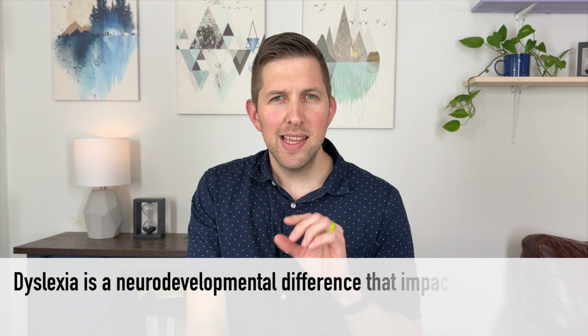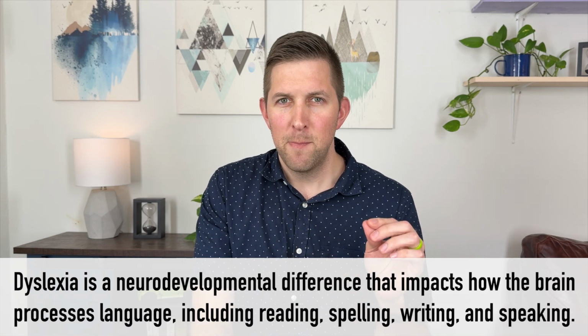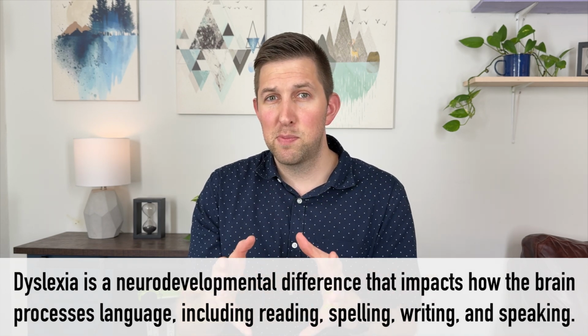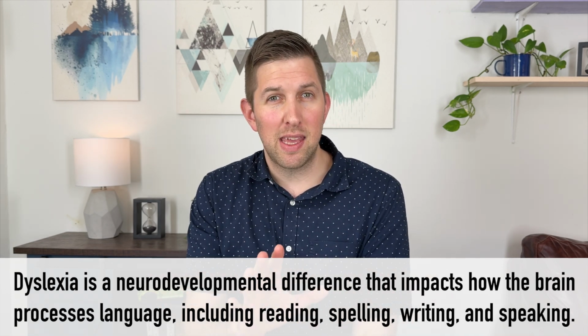So what is it? Most simply put, dyslexia is a neurodevelopmental difference that impacts how the brain processes language, including reading, spelling, writing, and even speaking. When you compare the fMRIs of a non-dyslexic brain's reading to those of dyslexic brain's reading, what you'll find is that non-dyslexic individuals tend to rely on the occipital...